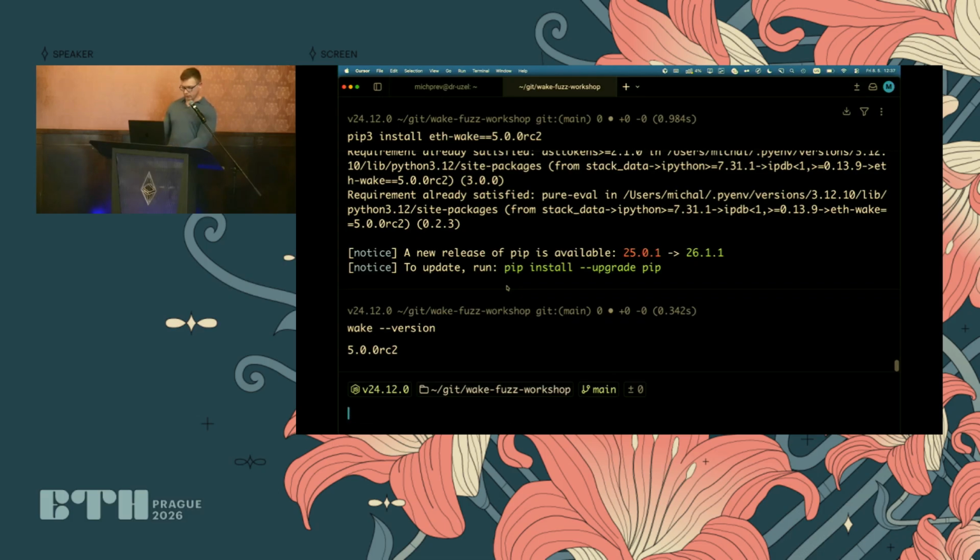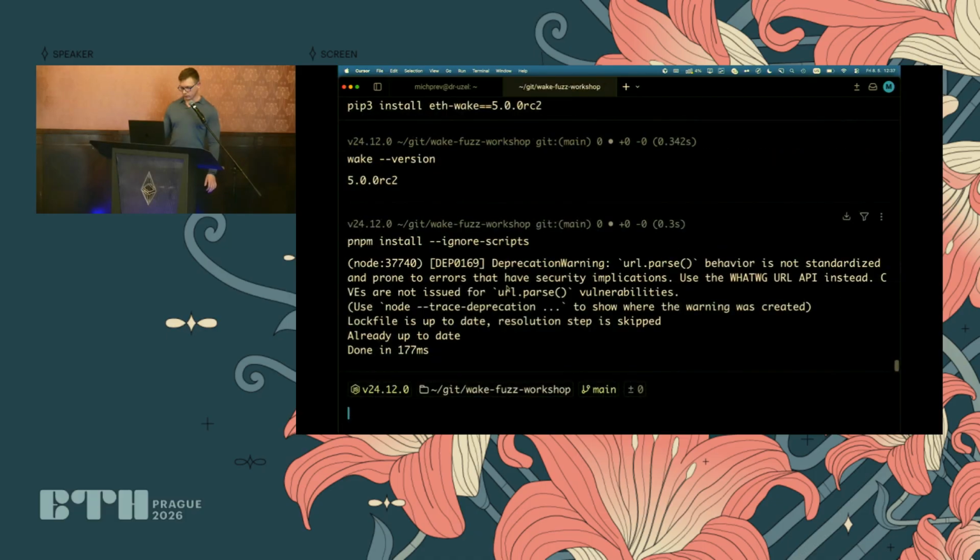Next up, we need to install the dependencies. So I will install them with pnpm. It was again very quick. I had them already installed. And this is the initial setup. So we have Wake installed, and we have installed the dependencies. Now, if we move on